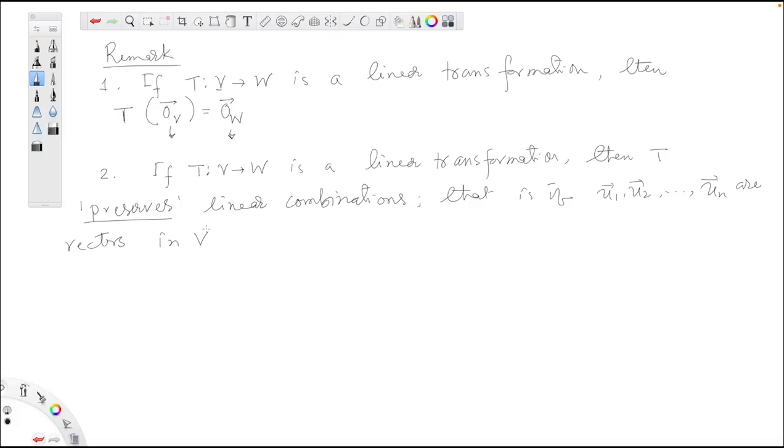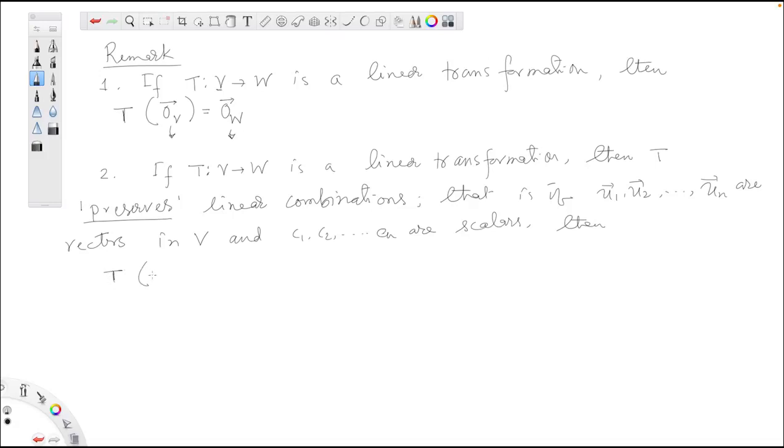Okay, and remember, both these vector spaces have to be defined over the same ground field F. Otherwise, none of this would make any sense. Okay, vectors in V and C1, C2, Cn are n scalars, then